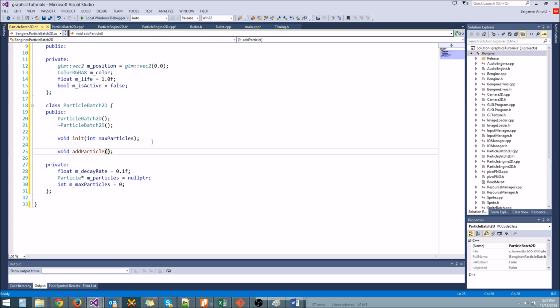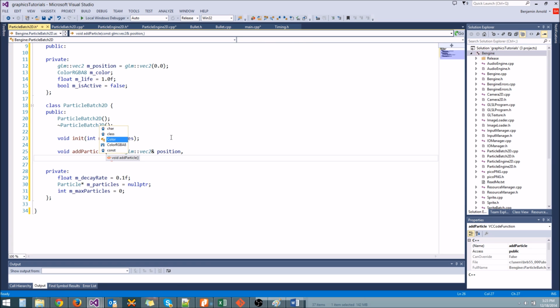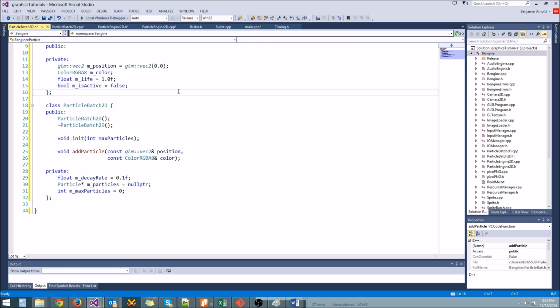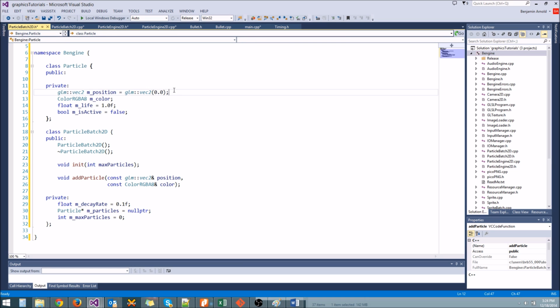And then whenever we want to add a particle, we're going to need to pass in a few things. We're going to need to pass in a position, so we'll say const glm::vec2& position. We're going to do a color, so color RGBA8, const ColorRGBA8& color. And for now, that's all we'll need, but we actually also want these particles to be moving, so